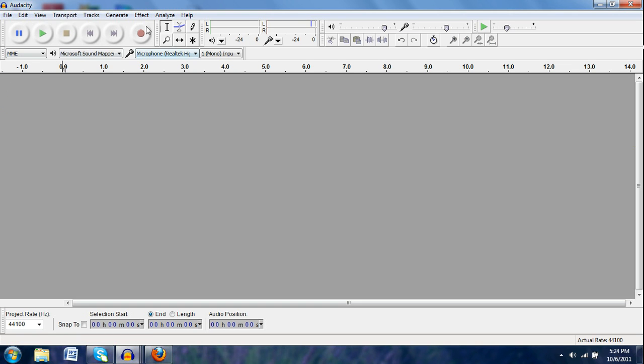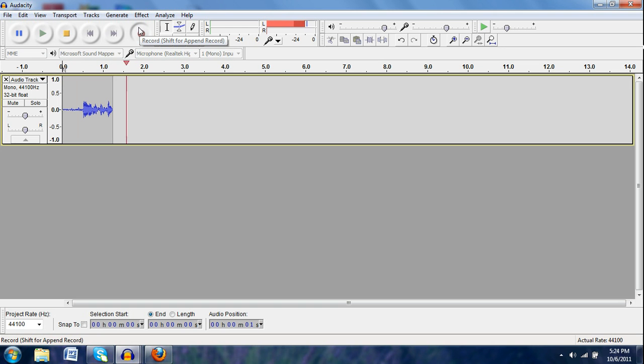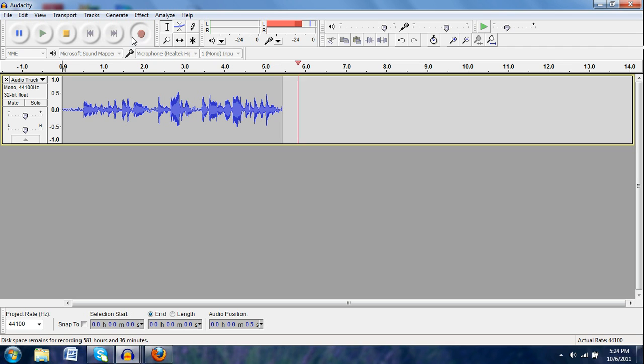Little X, delete it. And you can hit record again and try it again, over and over until you're done, and you won't need to know anything else. Because once you hit stop, that track is finished. You can then skip the whole rest of this tutorial and skip right to how to export it into the